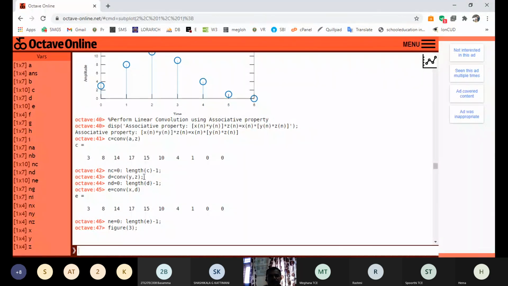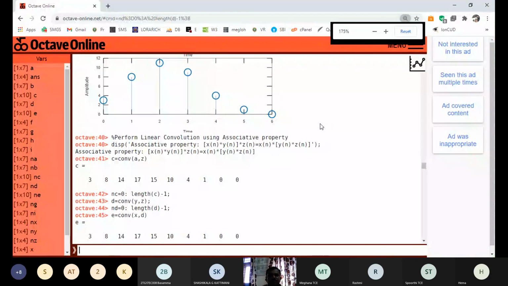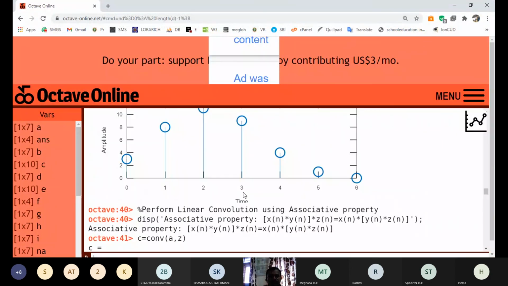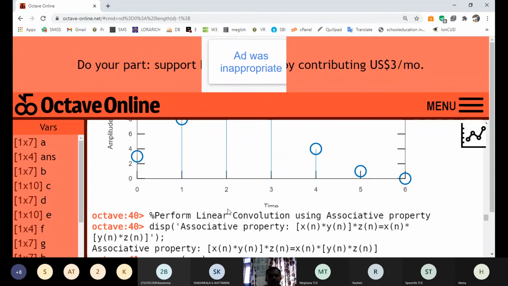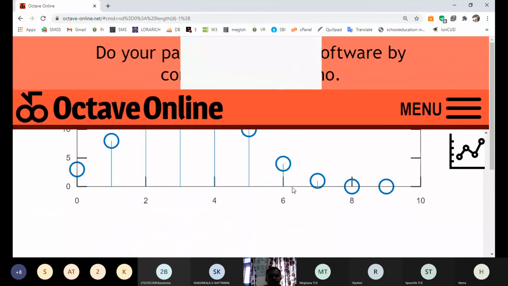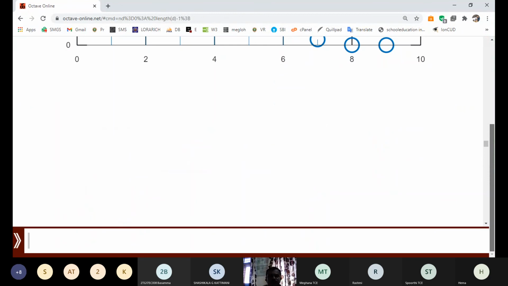To perform the convolution of two signals we use conv, but in circular convolution the function name changes. Between 2A and 2B the steps remain the same, only the function name changes.